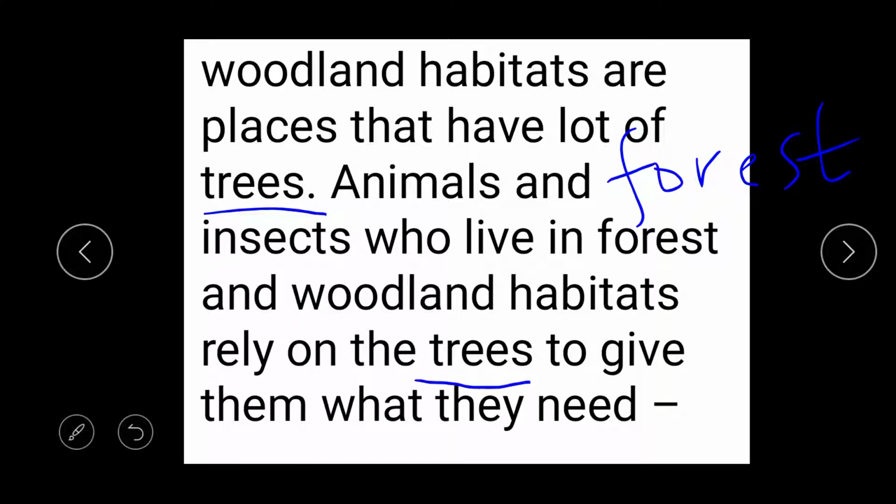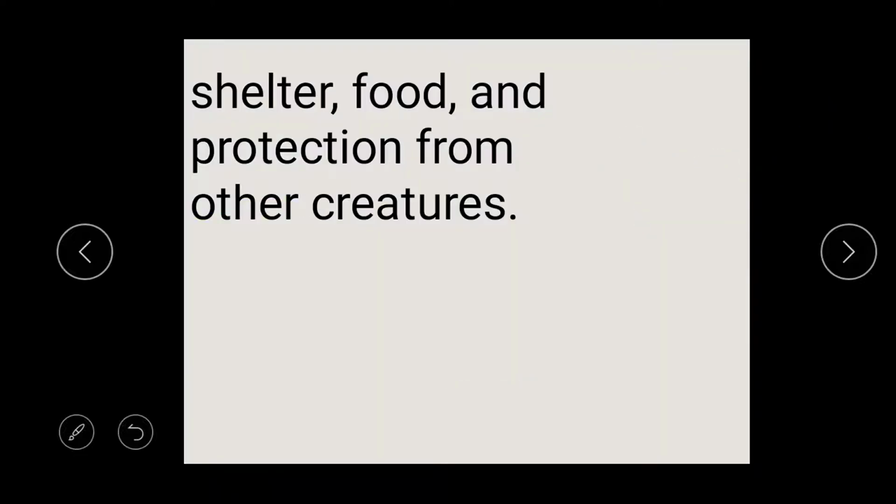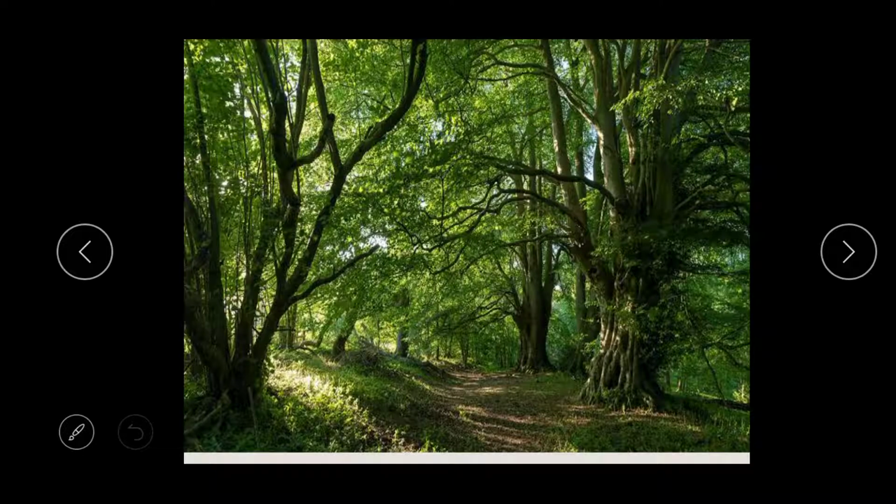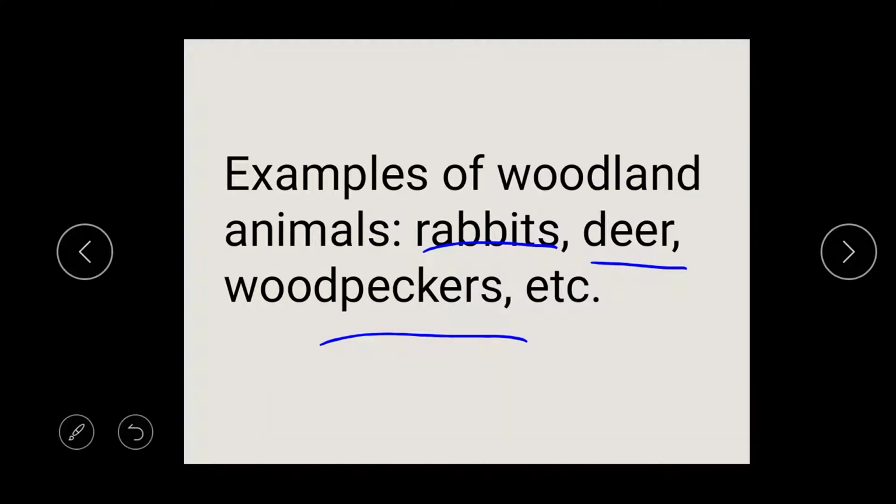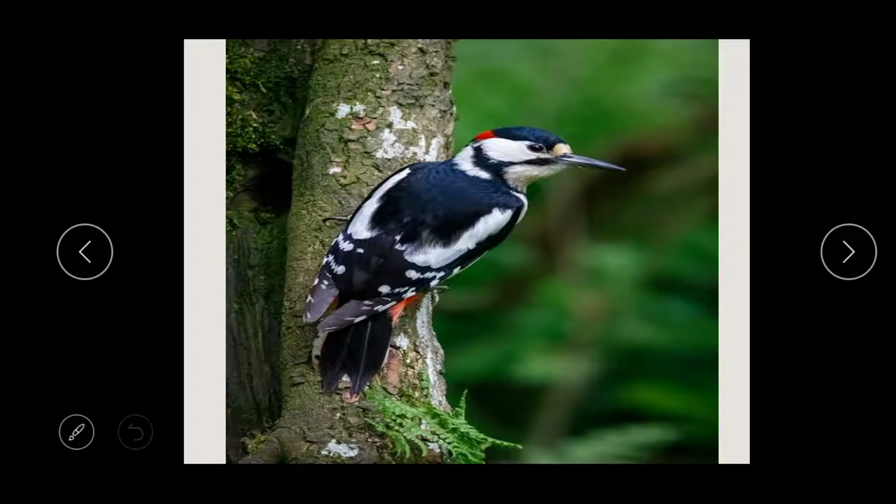They rely on the trees to give them comfort, to give them food, to give them protection. And this is what a woodland habitat looks like. And examples of animals in this habitat are rabbits, deer, woodpeckers, and so on. And this is a picture of a woodpecker.